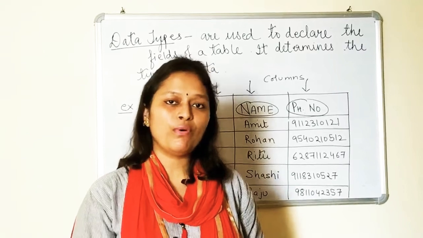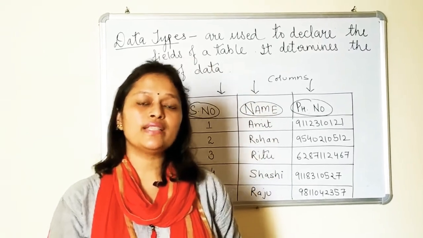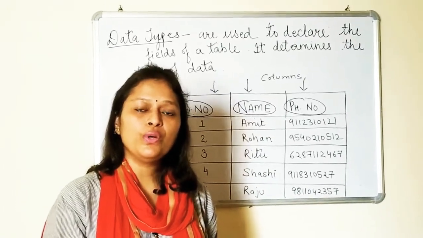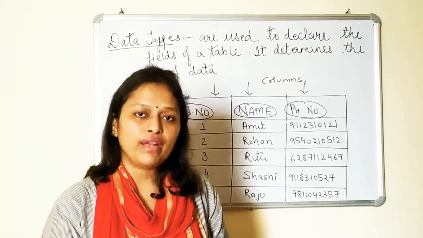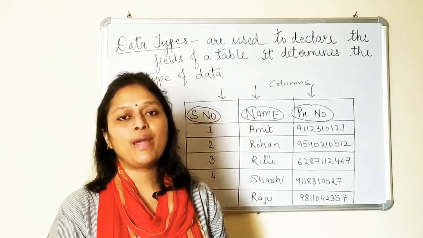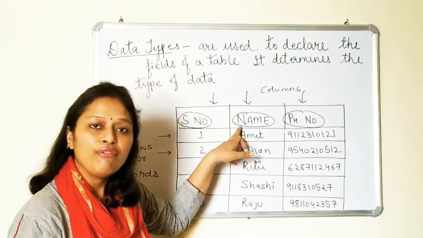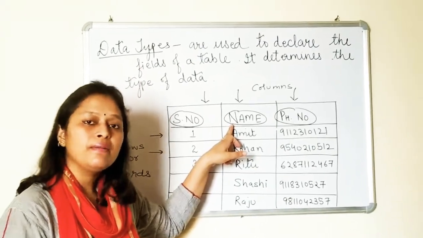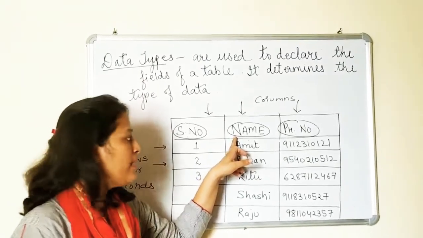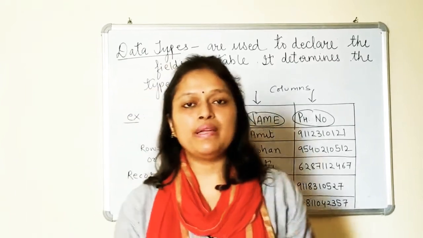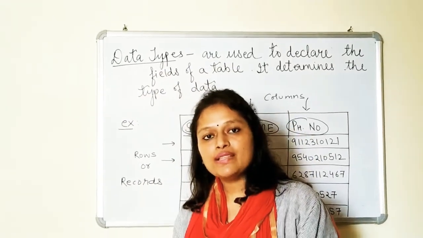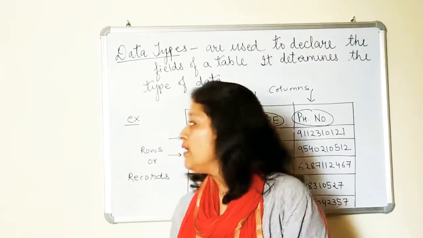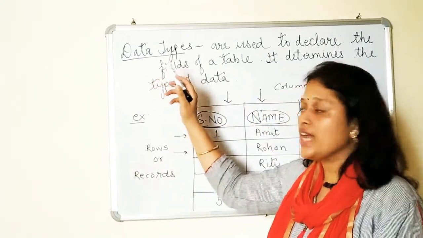Now one more important point I want to tell you: if you have specified your data type and you want to enter another value, suppose you have described a field as text and you want to enter a number in this field, you will get an error message. So what I am saying is, once the data type has been described, you cannot enter another data type in that field. Is that clear?